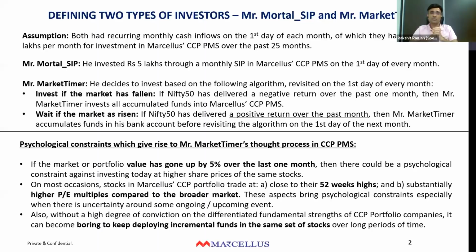Or there could be a third reason, which is that without having any control on deployment timelines, going in for the same sort of boring stock portfolio month after month after month might become too boring to digest for an investor, and hence a little bit of excitement comes in from the sort of ability or willingness to time entry exits, even though you've decided to go for the same boring stocks month after month, right? So those are 2 or 3 psychological rationales for why Mr. Market Timer thinks about timing his top-ups, despite having chosen the product that he wants to go for, right?